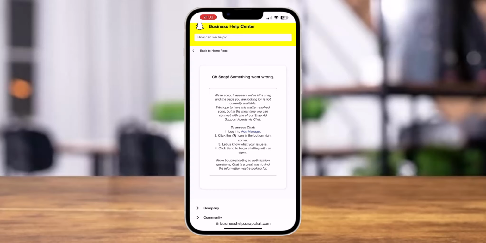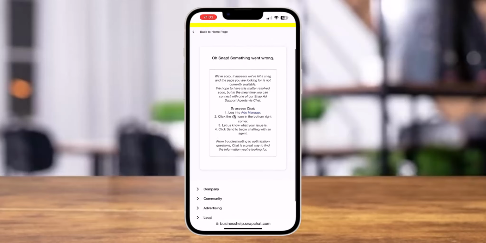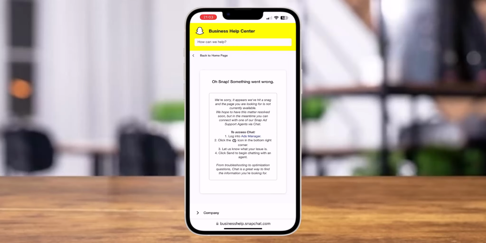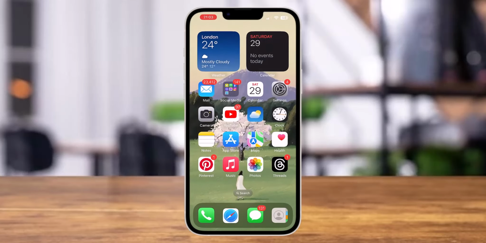And if you have that feature available, you can search up this website and you will know how you can create your own filter. Also, how much you would need to pay in order to access those features on your Snapchat account. So this is it for